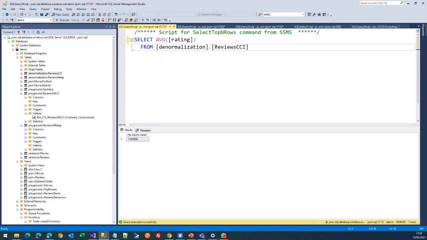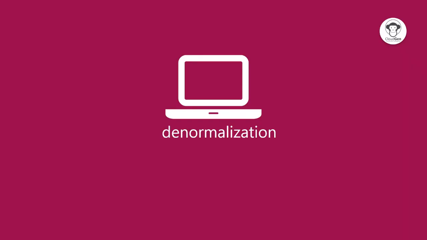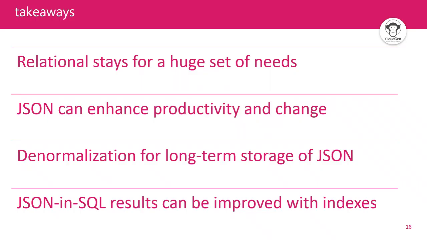Okay. Good. This is my favorite approach when the JSON is not needed anymore and we want to make some history tables or some tables that are not changing anymore from the outside. So when the JSON coming from outside is quite frozen. Okay. So to make a recap of this session, my personal opinion is that relational is just great,